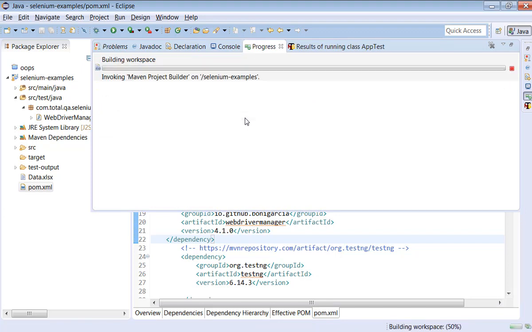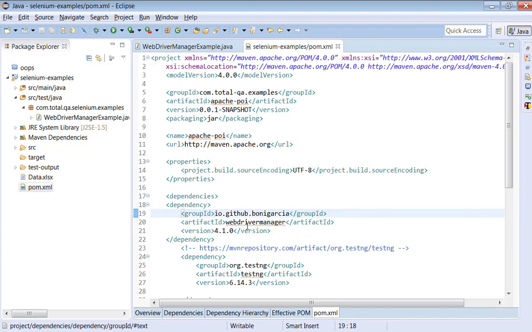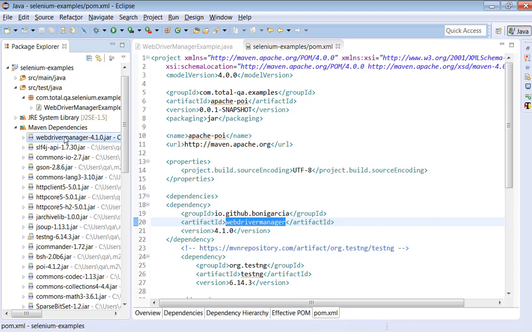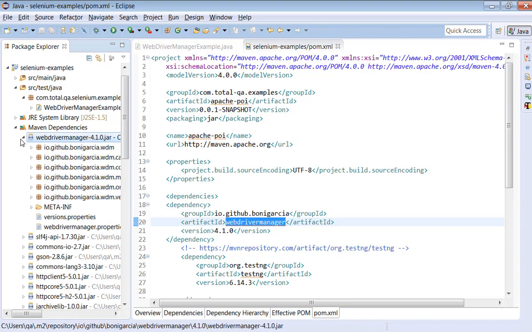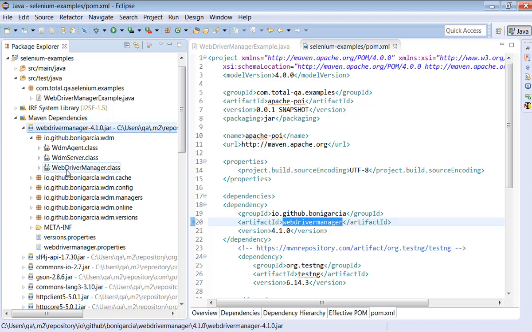After a few seconds, automatically you will find this jar file in the Maven dependencies. Under Maven dependencies, you will find WebDriver Manager 4.1.0. If you expand here, if you look at, there is a WebDriver Manager class we are using as part of the program to launch